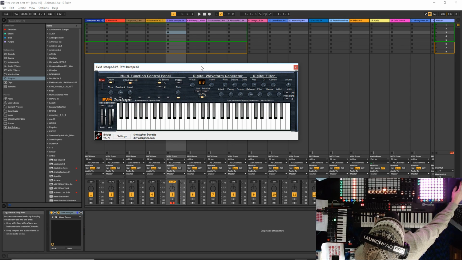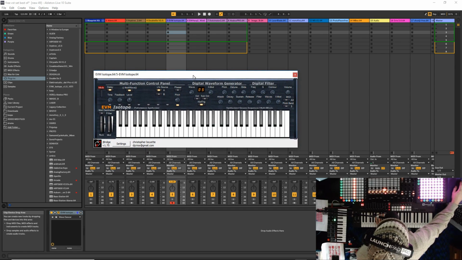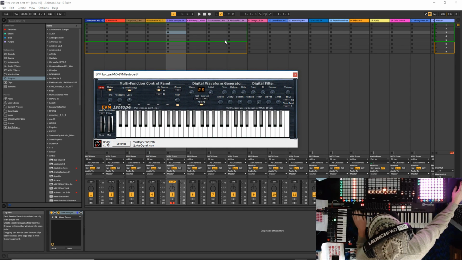It sounds rich, and you got plenty of stuff to play with, and it's different. It's got some cool things going on, and so it's the EVM Isotope. Very awesome. Next up,